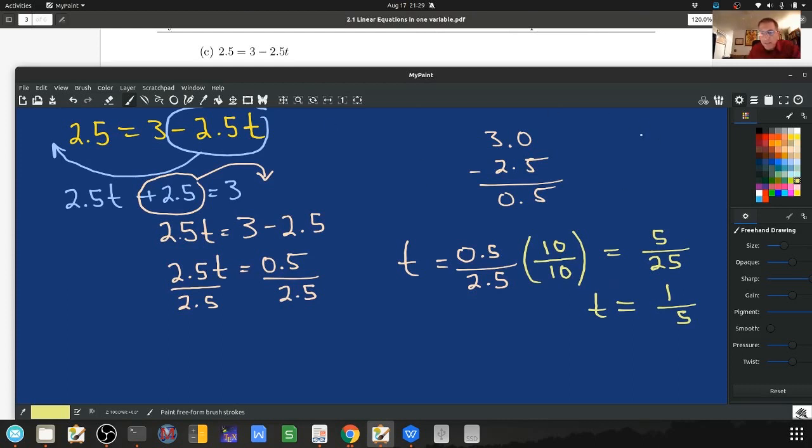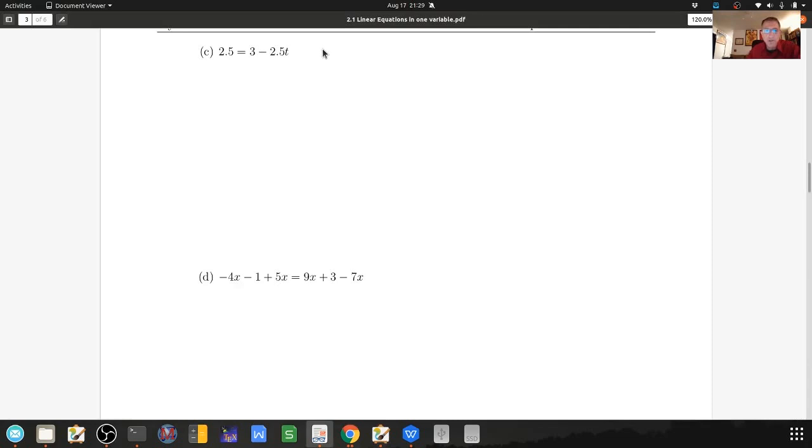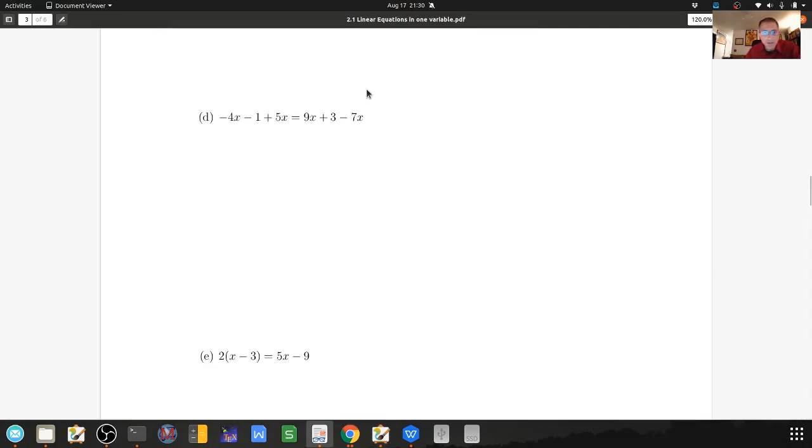If you actually look at the answers in the book, they allow this as an answer. They are numerically equivalent. This is a much better path to go, I think, for reasons which will become abundantly clear later on as we get into more complicated things. So now let's go ahead and do